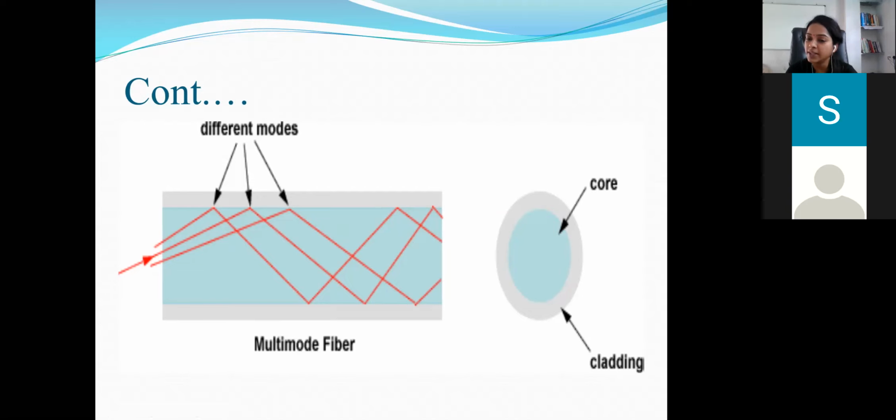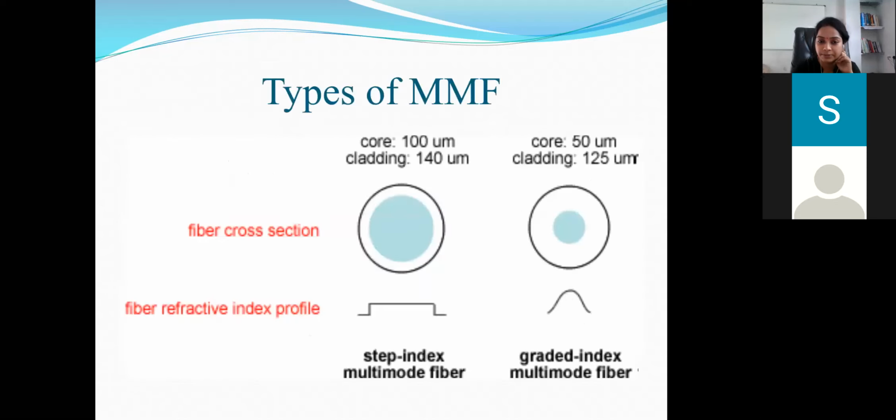Why we put cladding in this is that if by chance any of the light gets refracted from this point, it will come to the cladding, and from there it should come back again to the core. That's why the refractive index n1 should be greater than n2. So we eliminate the possibility of light coming out from here. And if by chance there is any possibility of light coming out from the core, it should fall back from the cladding. So this is the concept of using core and cladding together.